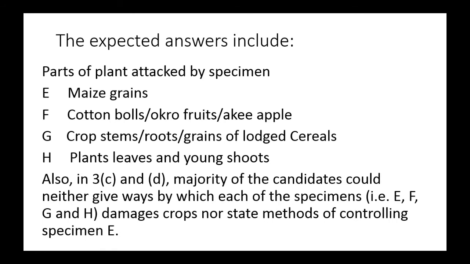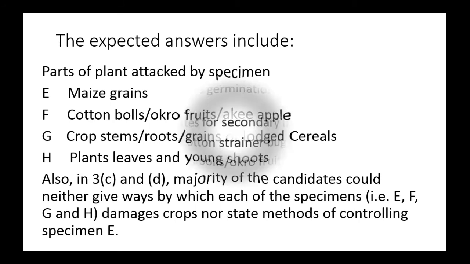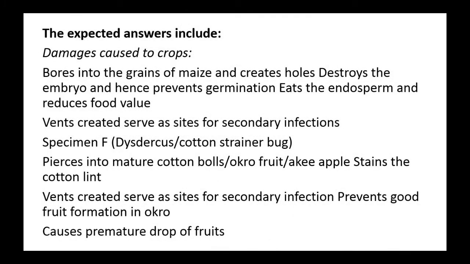Also in 3C and D, majority of the candidates could neither give ways by which each of the specimens damages crops nor state methods of controlling specimen E. Now the expected answer includes damages caused to crops: bores in the grain of the maize and creates holes, destroys the embryo and endosperm, prevents germination, eats the endosperm and reduces food value, vents created serve as sites for secondary